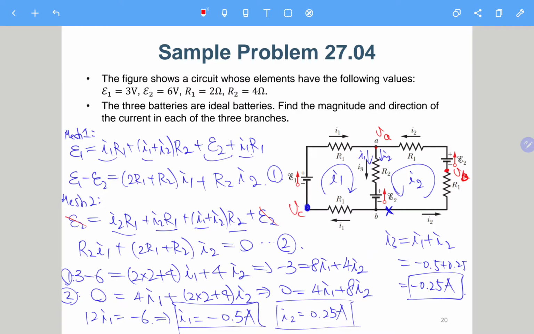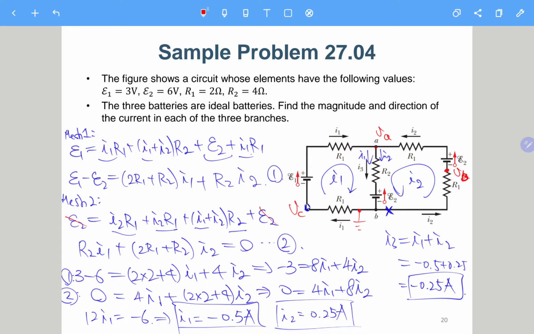Then you probably need to define 3 voltages and then 3 equations to really solve this circuit using node analysis. Then it will make things complicated, because